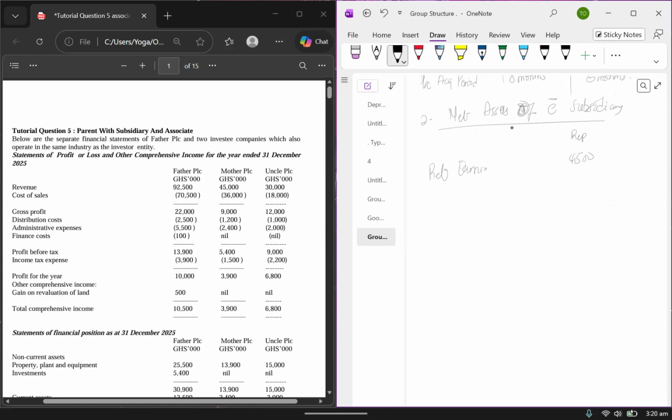And we don't know the one at acquisition, so that one is X, and they've given you the profit of 3,900. But you know that the 3,900 is from 1st January 2025 to 31st December, which is our reporting date, 2025. But we acquired the subsidiary somewhere here. So if they've given you 3,900 from here to here,